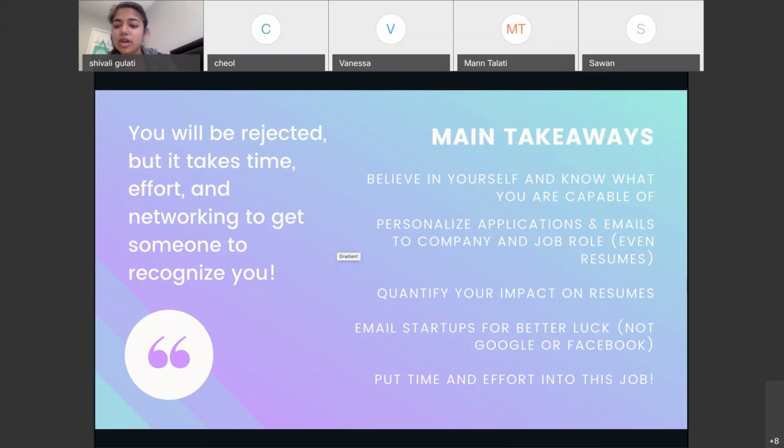You also want to email startups for better luck, not Google or Facebook. They're just more inclined to accept help. And make sure to put time and effort into this job. This isn't a CC class you're taking for a GPA boost. This is something you're doing to genuinely